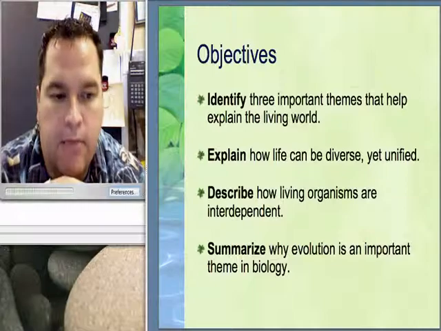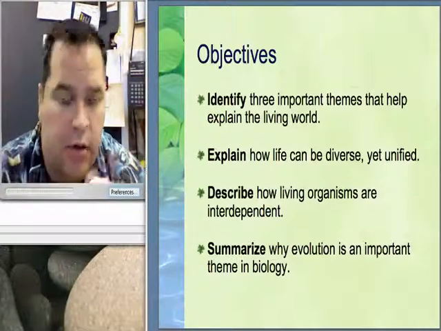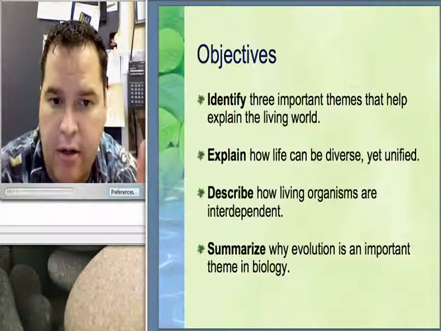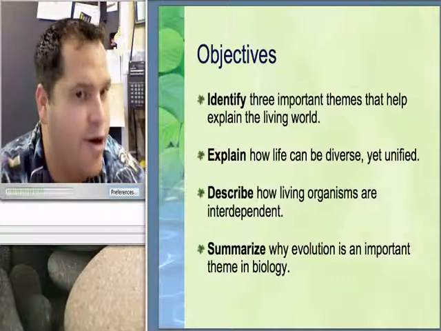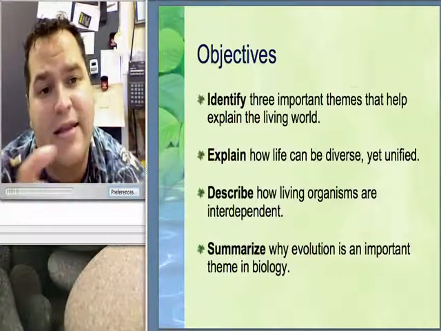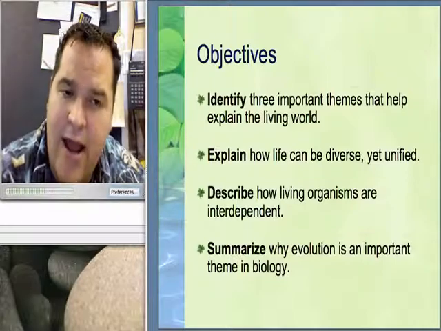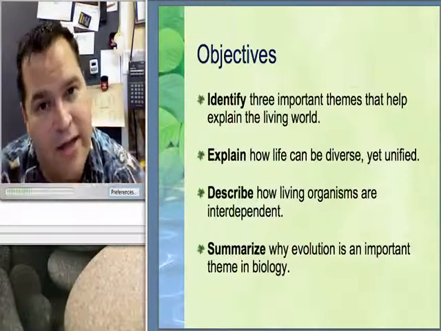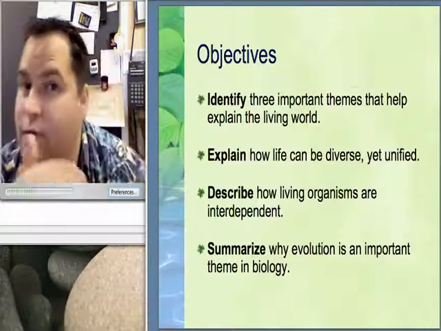How are living things interdependent? Well, let's say, for example, a horse, or a cow even. A cow eats grass off the ground, and a cow excretes waste. Well, that waste actually helps the grass to grow, because in that waste there are some things that the grass needs to really be full. So as the cow eats the grass, it provides waste. The waste provides the grass with things it needs, and the cow eats the grass later. It's sort of the circle of life.